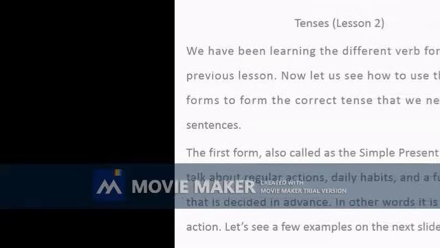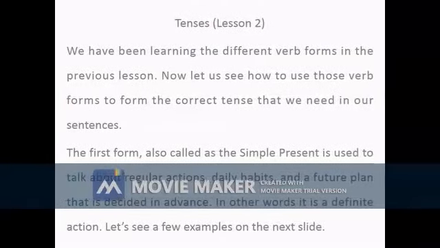In our previous lesson, we have learnt about verb forms. Now let us go on to tenses. We have been learning the different verb forms in the previous lesson. Now let us see how to use those verb forms to form the correct tense that we need in our